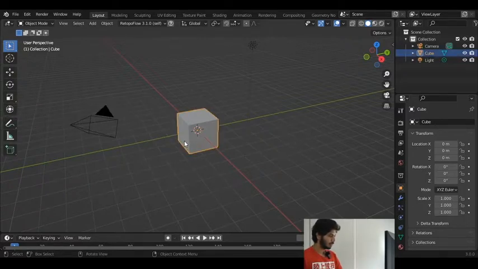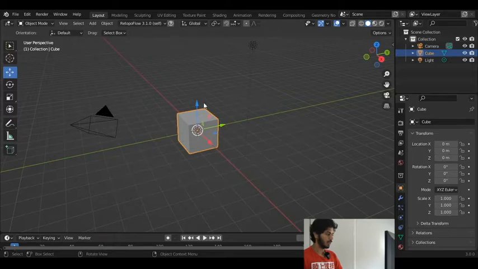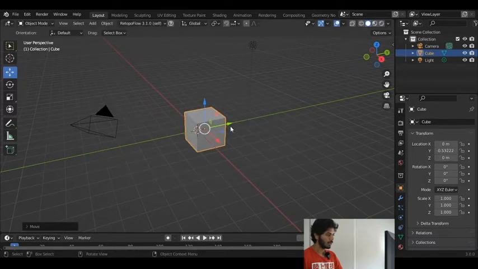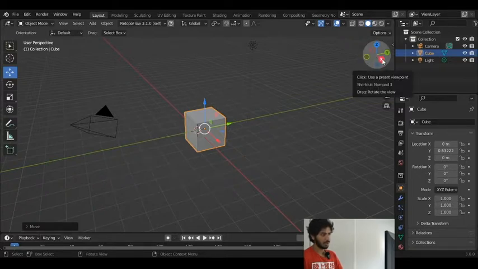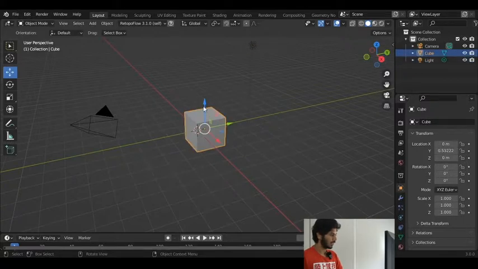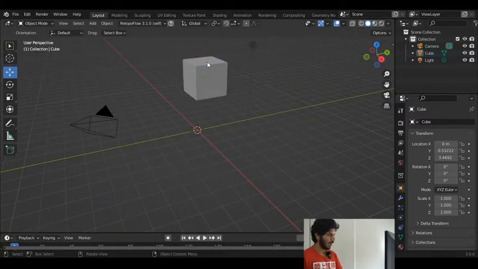For example, I select the cube and I press on this, and you can see three arrows appear around the object, and these help you to move the cube on the y-axis. How do I know it's the y-axis? It's thanks to this. As you can see, green is for y and the other side is y minus. Then there's red for x and blue for z. Okay, as you can see, I can move this. I hold the